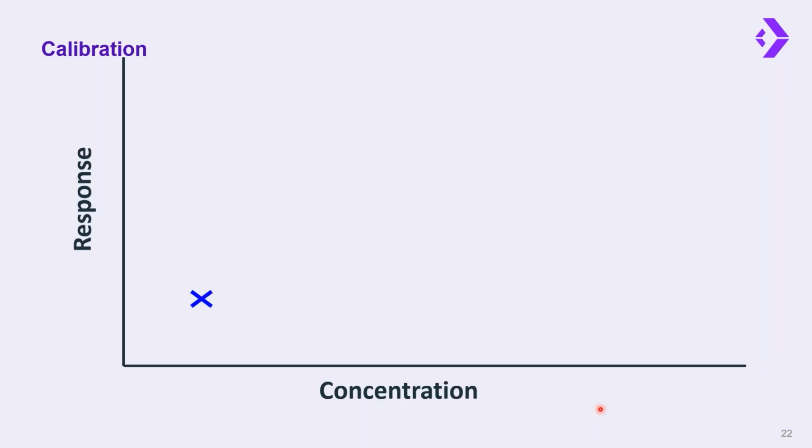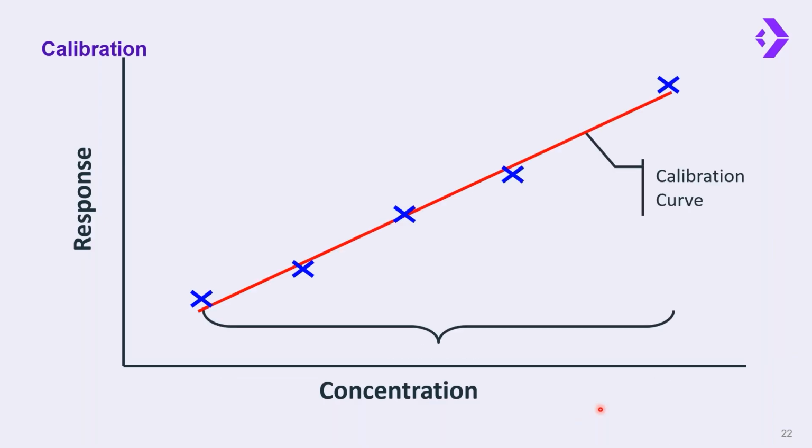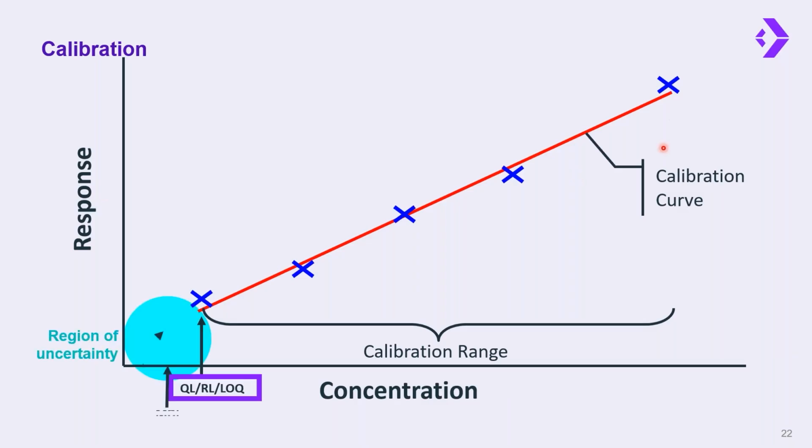So this slide further illustrates where the reporting limits fall in relation to calibration of the instrument. Typically, the lab is going to analyze a multi-point curve. The one shown here is at 5 different concentrations, and they plot the response of the analyte on the y-axis versus the concentration on the x-axis to generate this calibration curve. And this also determines the calibration range. As I mentioned, the reporting limit or limit of quantitation is determined by the lowest concentration standard in the calibration curve. The MDL, which is lower than these values, falls into that range of uncertainty because it's statistically determined and not based on the lab's calibration.